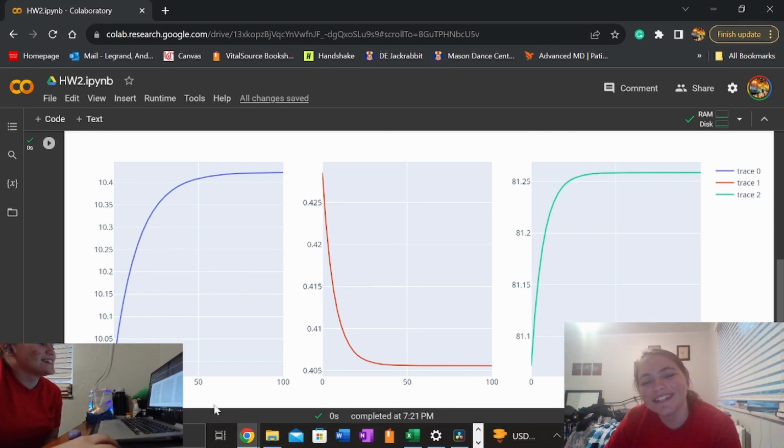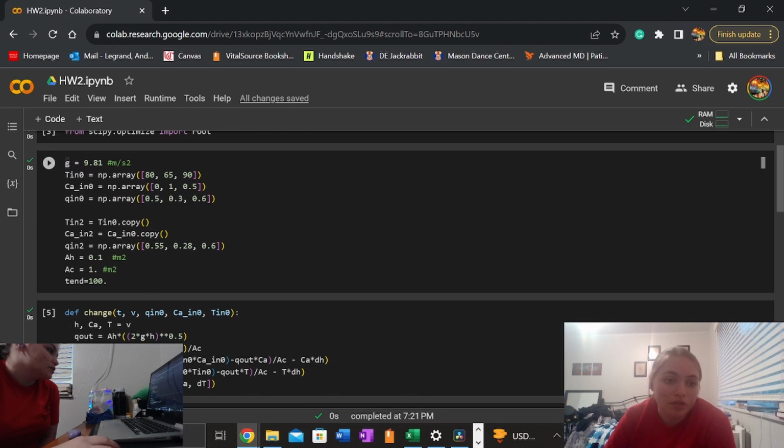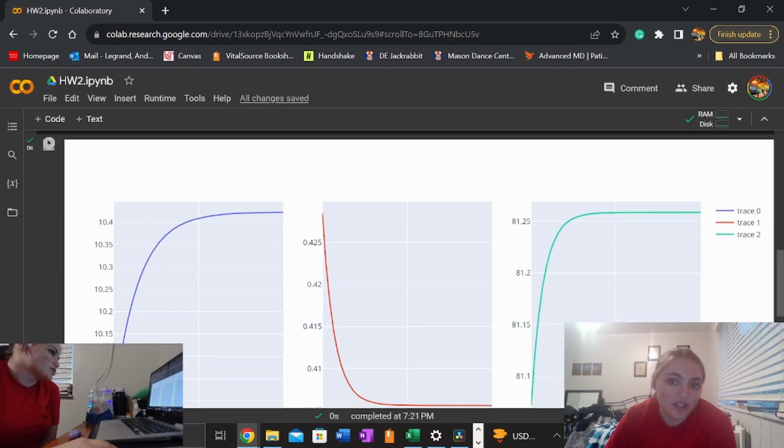All right, so here is our height. This one is our concentration, and this one is our temperature. If you look at these with our initial values, and then we change our flow rate. So if you look at our temperature, the average of the 3 is